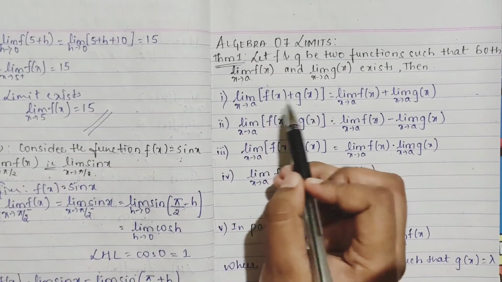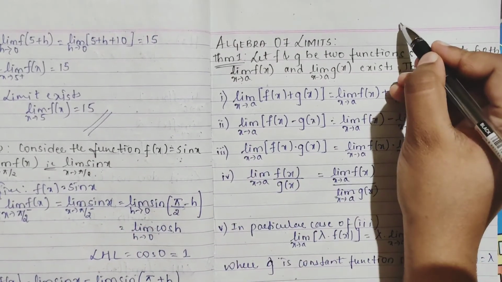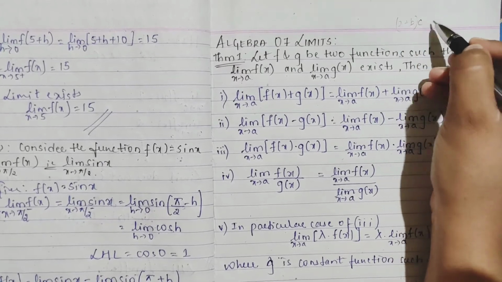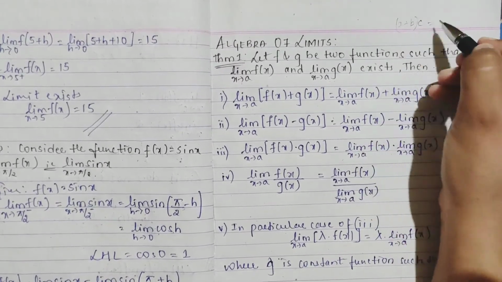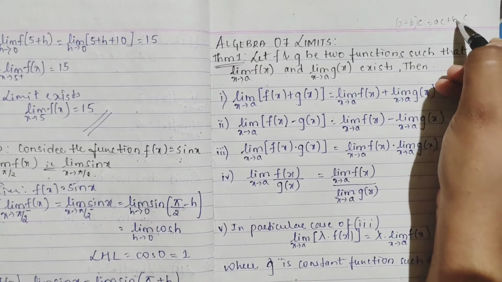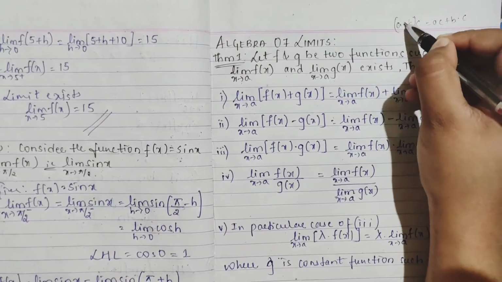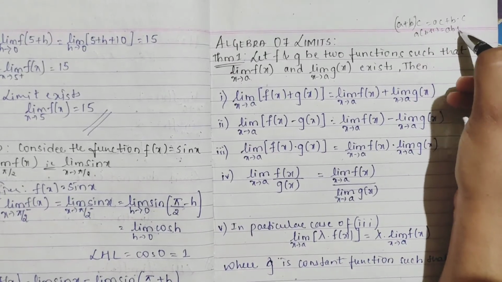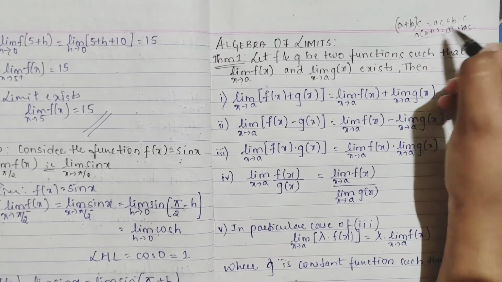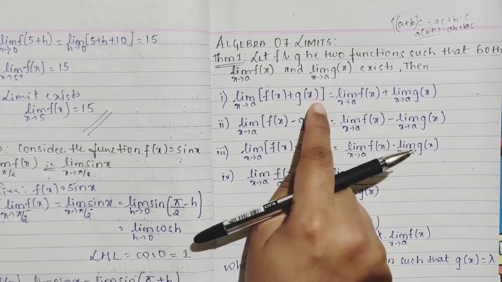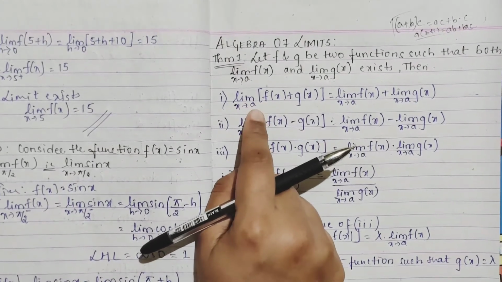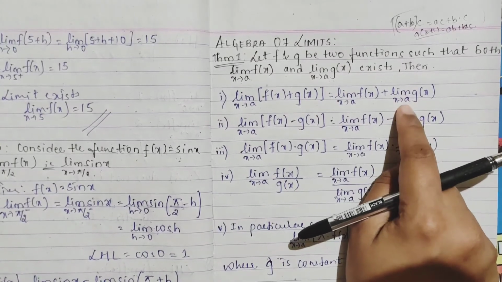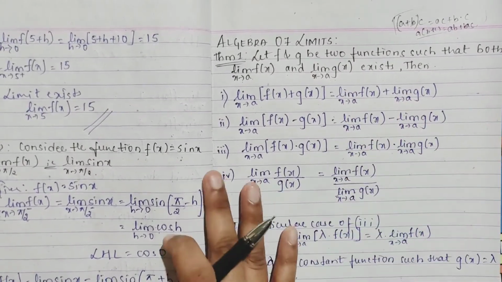You are applying the distributive property, when you have (a plus b) into c. How do you open up the bracket? a into c plus b into c. In the same way, if you have a into (b plus c), by the distributive law it is a into b plus a into c. So the same case you are doing here: limit of f of x plus g of x as x tends to a, at any common point, is limit f of x as x tends to a plus limit g of x as x tends to a. Separately it opens up.